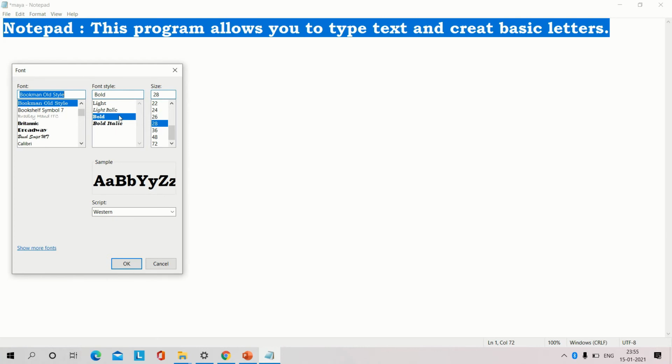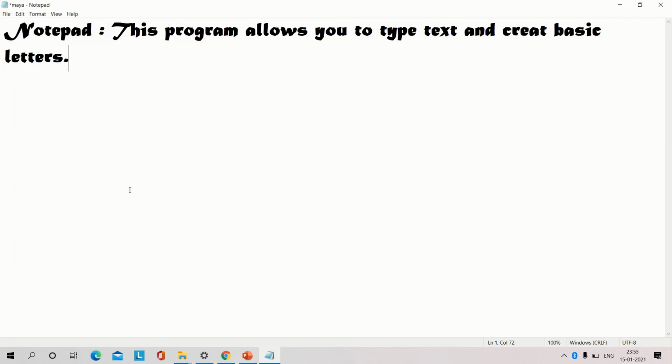Then we will select the style bold, and the font we have selected here. We can select script also. We want size 36. Then it will come like this. When we make some changes, we have to save.